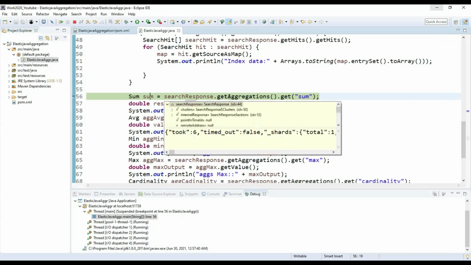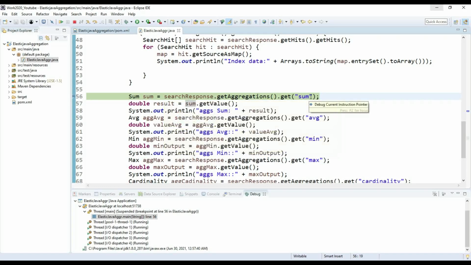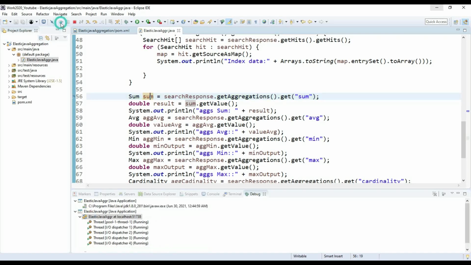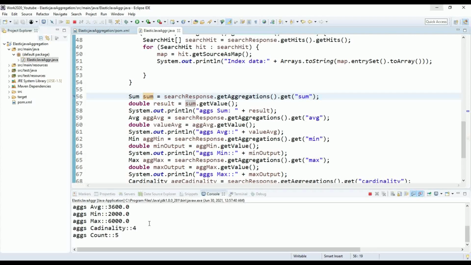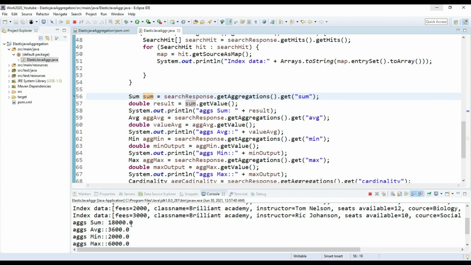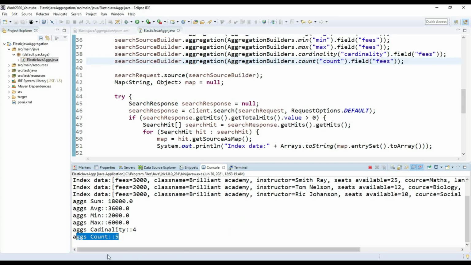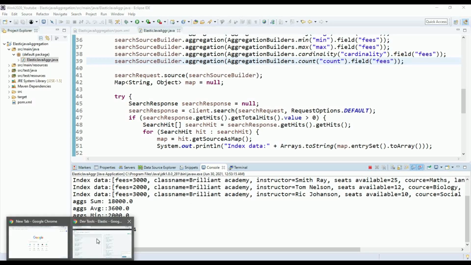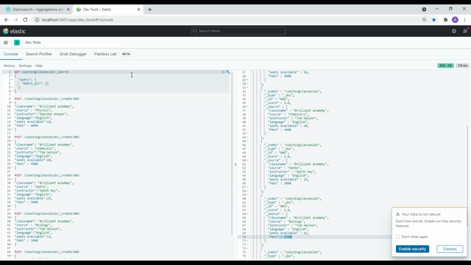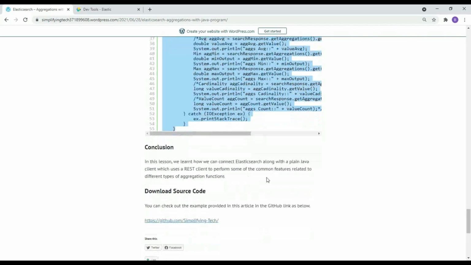I'm printing it like this, so my sum is printed and everything is printed. Whatever we are doing in Java, we can actually execute as this query. I will add this query into my blog too. This way we can aggregate the data by using Elasticsearch.